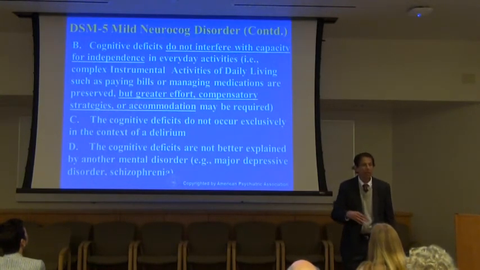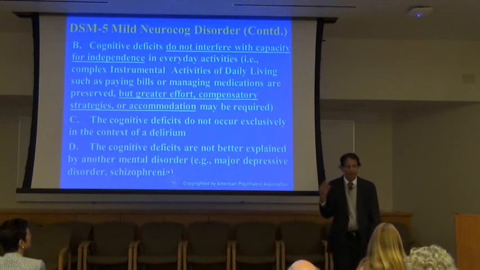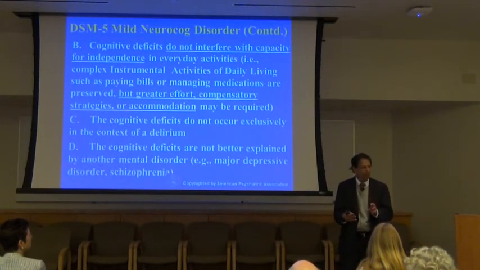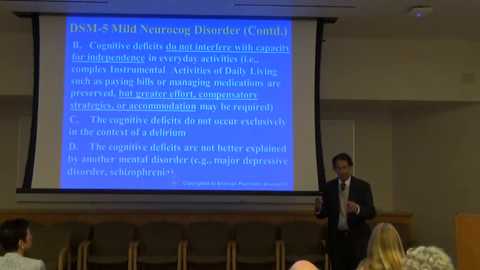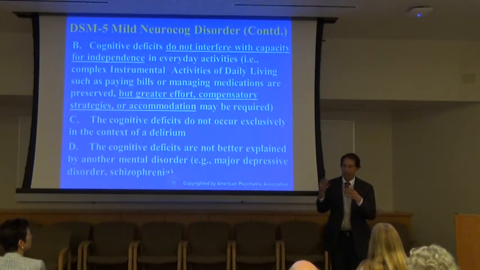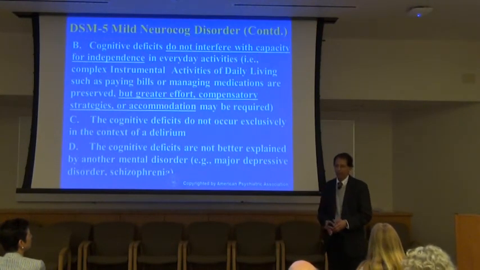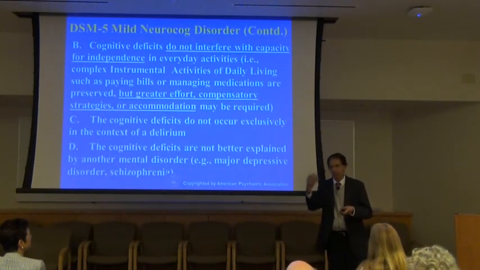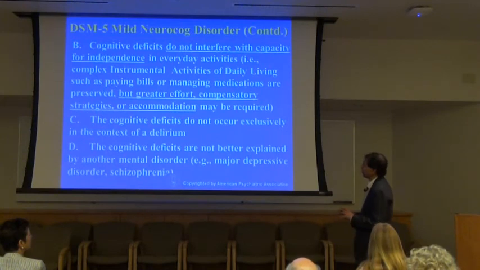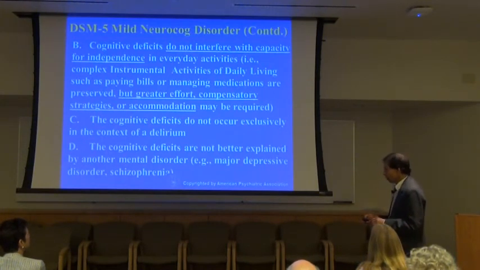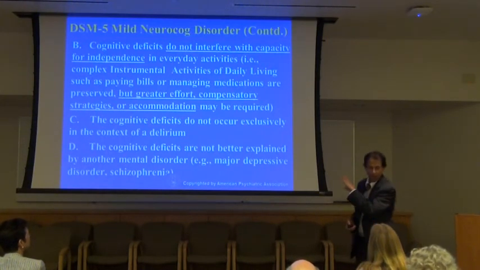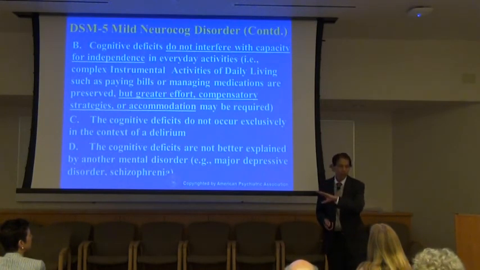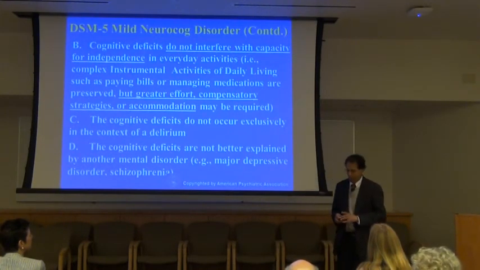For example, to remember where I parked the car in slot 5, I would repeat that 10 times to myself, 5, 5, 5, 5, 5. So that's how I can ensure that I will remember it. So I'm doing extra effort. Or I may write it on a notepad and remember to read it. So accommodating strategy. Whereas in dementia or major neurocognitive disorder, it has gone beyond that. You don't even think about those. So you need somebody else's help.